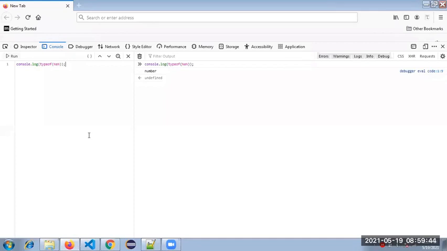If I use infinity, we will see what is happening. So infinity also is a number. So we have seen number, BigInt, infinity and number.